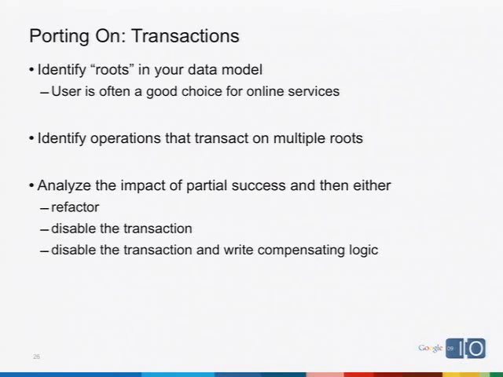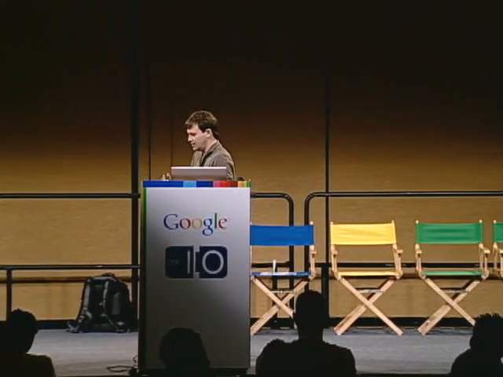Well, one option, and I wouldn't expect anybody at all to be happy about this, but one option is to say, well, I'm not going to support this anymore. You're going to just change the functionality of your application. Better examples: if partial success is okay, right, the fact that your first update succeeds and the second one fails, and maybe there's a little bit of inconsistency there, that might be okay, in which case disable your transaction and move on to the next one. You're in okay shape. If that's not acceptable, then again, your options are to implement a compensating transaction, right? First update, second update fails, try to roll back the first update. You can do that, or again, a background process. These are the options. These are the types of things that you need to think about.